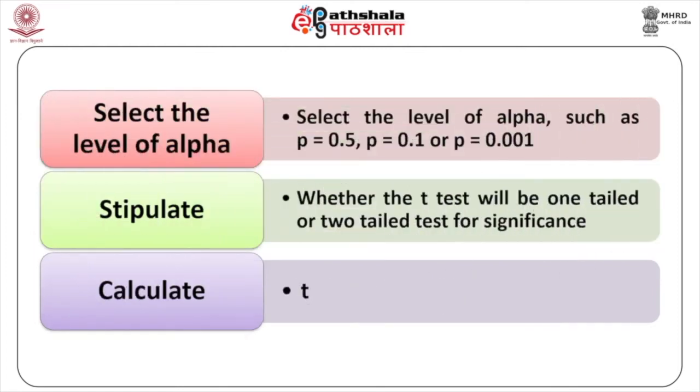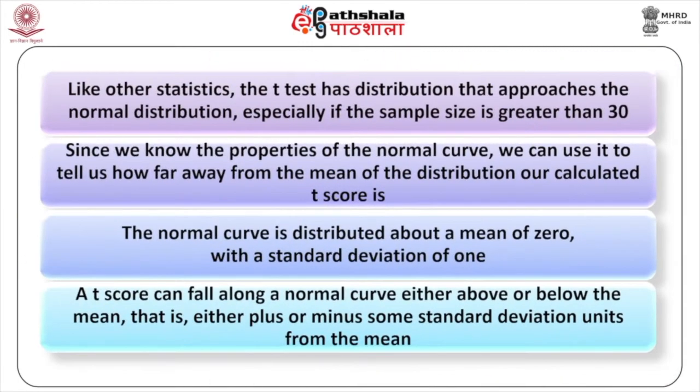Third, state the level of alpha. Select the level of alpha such as p equals 0.5, p equals 0.1 or p equals 0.001. Fifth, stipulate whether the t-test will be a one-tailed or two-tailed test for significance. And sixth, calculate t. Like other statistics, the t-test has a distribution that approaches the normal distribution, especially if the sample